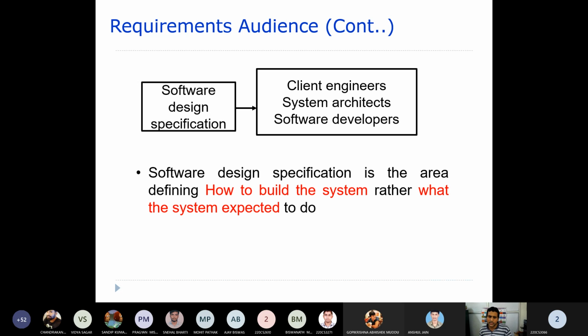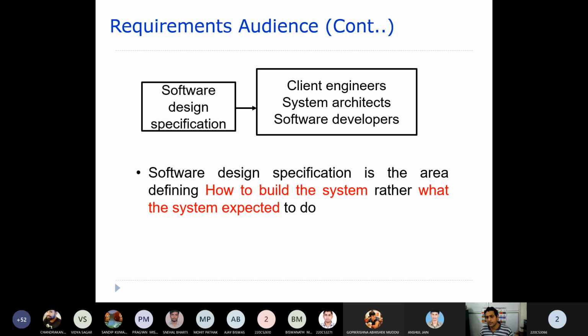The software design specification defines how to build the system, rather than what the system is expected to do. It is an answer to the question of how to build the system.